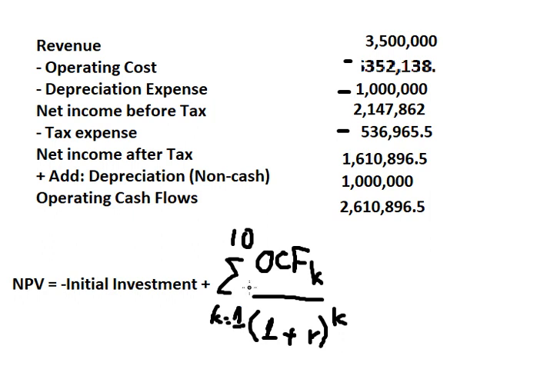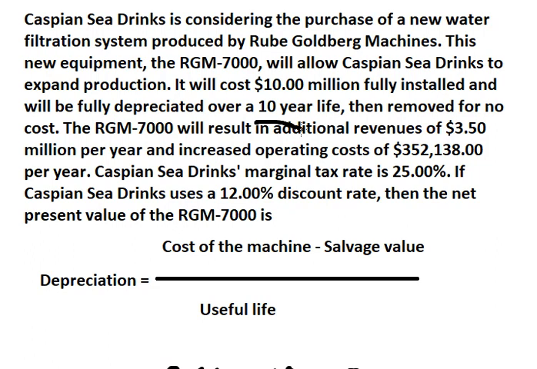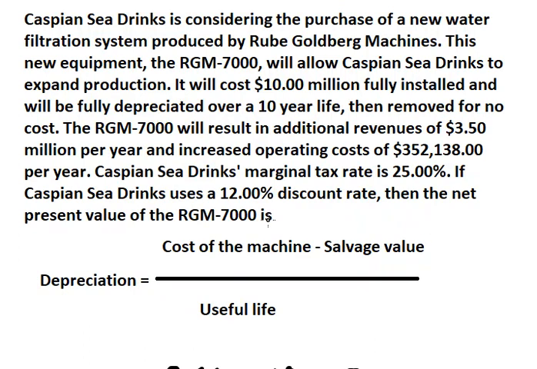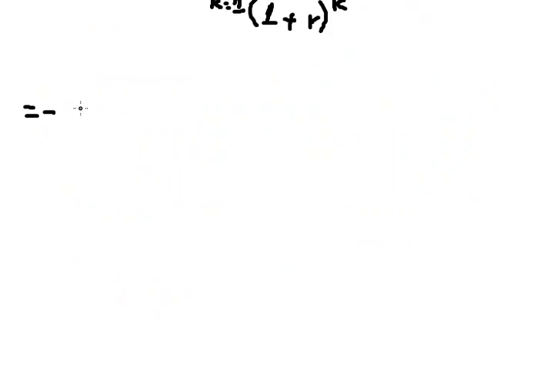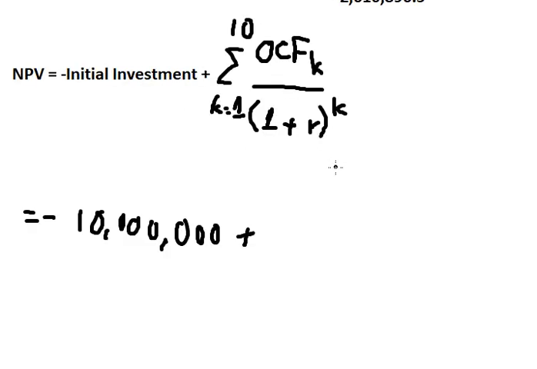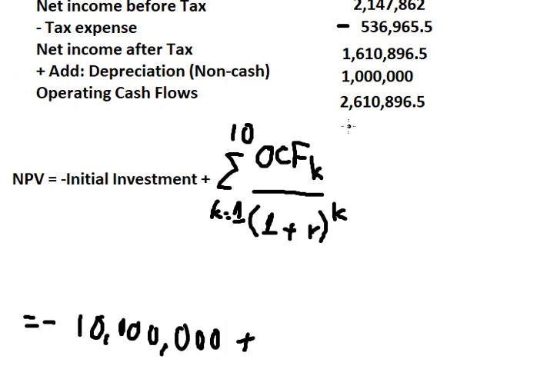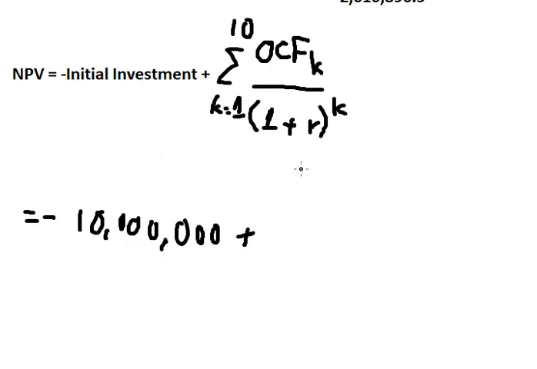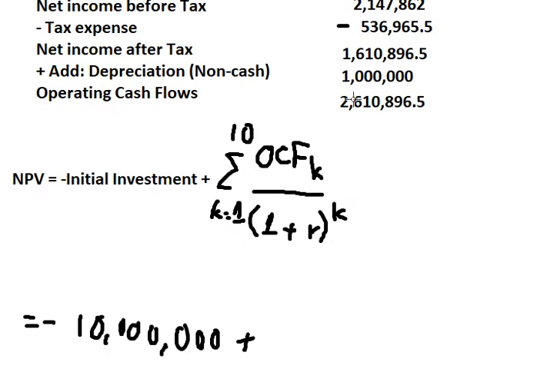To number 10 because we have 10 years here. So we put the value here. Initial investment, that is about 10 million here. And now we have the operating cash flow. They have the same for 10 years. So we can use the present value annuity. So I will put this value